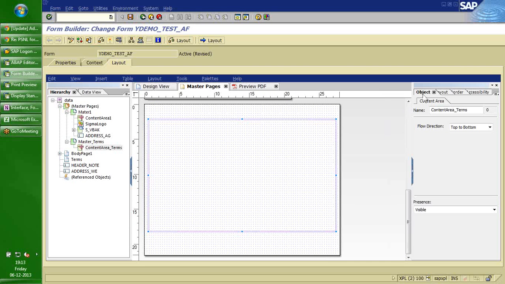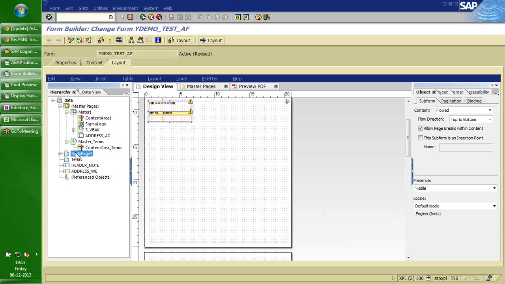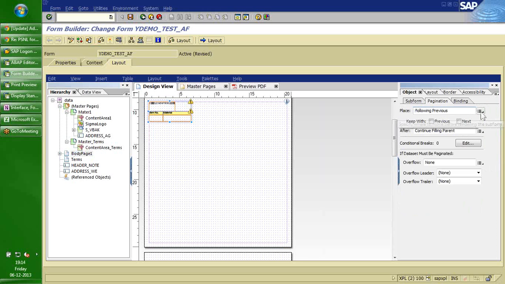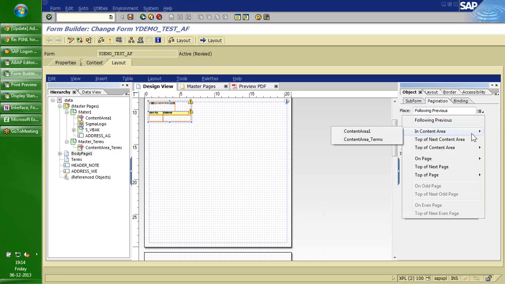That's it. And what I do is, for my previous body page, if I go to the pagination tab, my default is place it following the previous. The body page can be placed into different master pages and different content areas. First one is the content area 1. If we want this body page to fit into content area terms, we can do that. So if you look at the preview now,